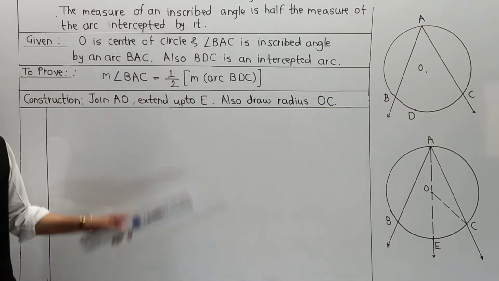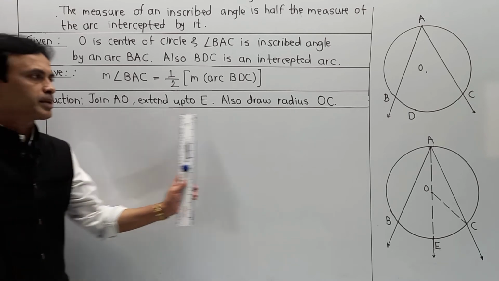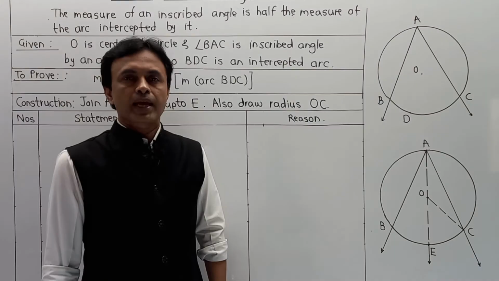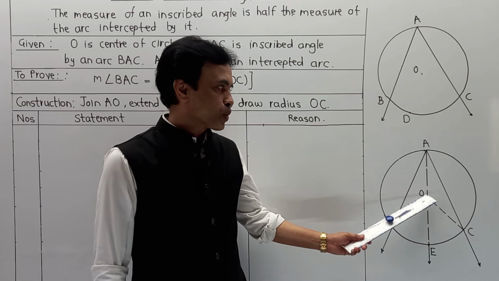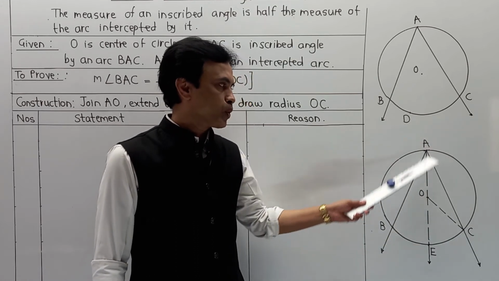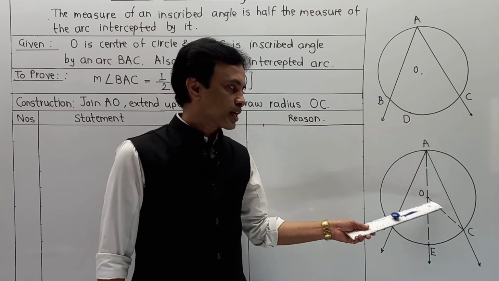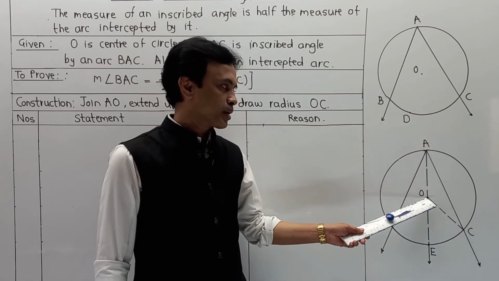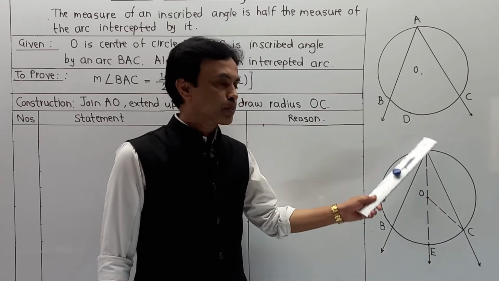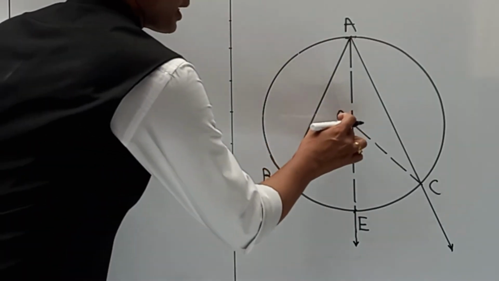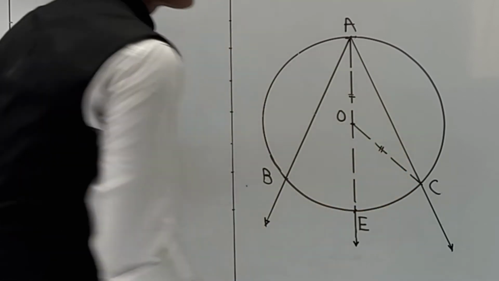And now from here onward our actual proof is going to get started. So again we are writing in the form of number, statement and reasons. Now student, we are going to start the proof from this triangle OAC. I repeat, OAC. OA is a radius of the circle as well as OC is also a radius of the circle. Naturally, both the radii are congruent. Means you can say that OA is congruent to OC.